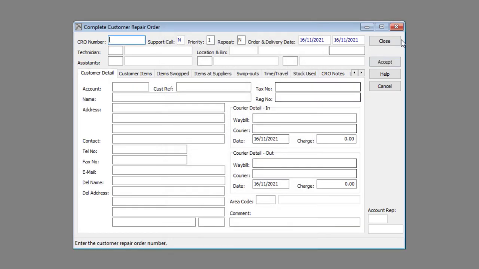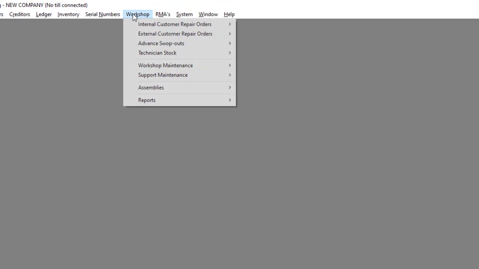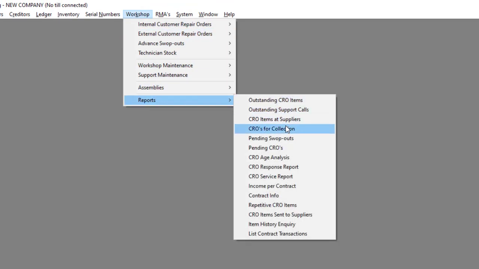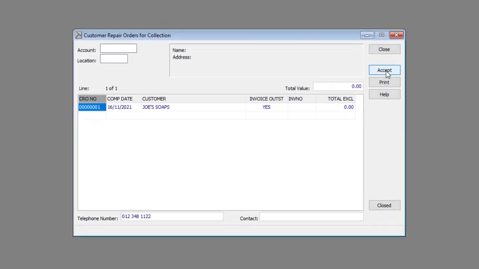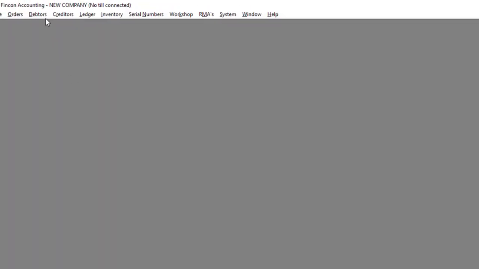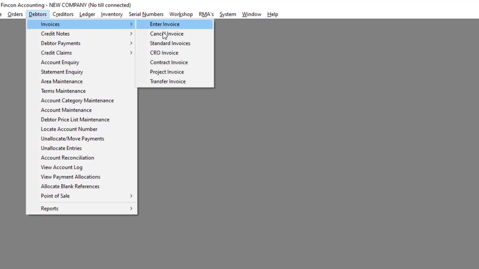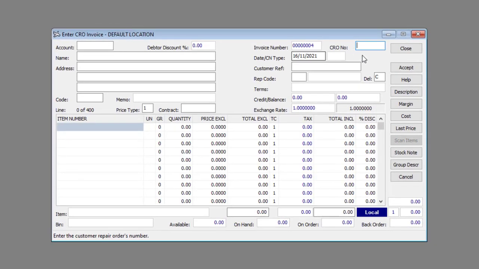When looking at CROs ready for collection, the CRO will be pulled in this report, but you won't be able to close the CRO because the invoice is still outstanding. You first have to create the invoice. So you'll enter the appropriate CRO number